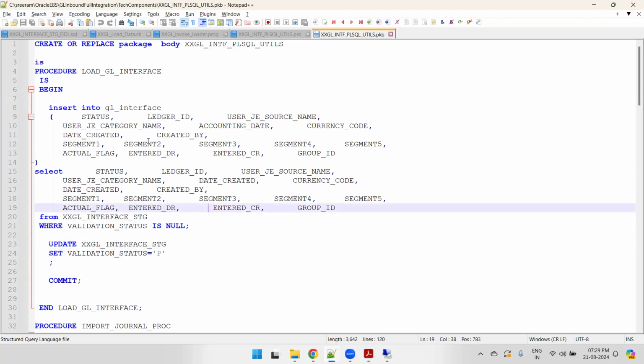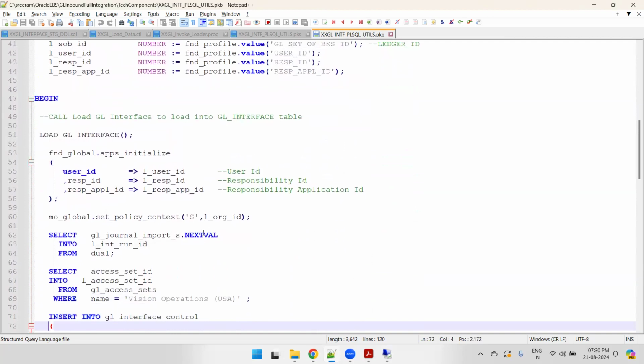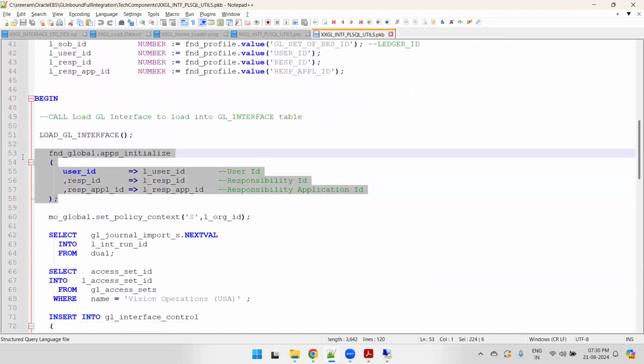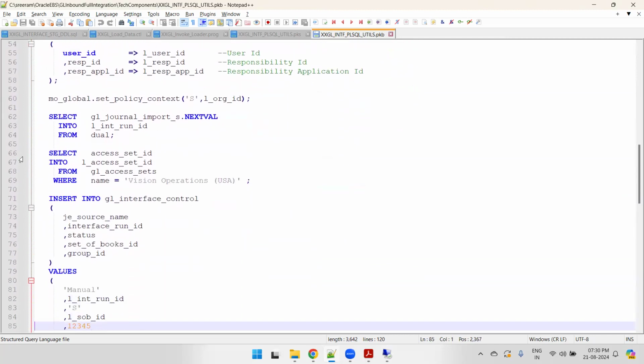So ideally, in real time, what we generally do is we have to validate each and every column, and only if it is correct do we insert. But for now, as part of our demo, we are assuming that the data is perfect, and then we are uploading the data into the GL interface table. Once the data is completed and committed into the GL interface table, then we are calling the standard import program. So for that, we have this particular apps initialization logic, the security policy context, and then we require a record